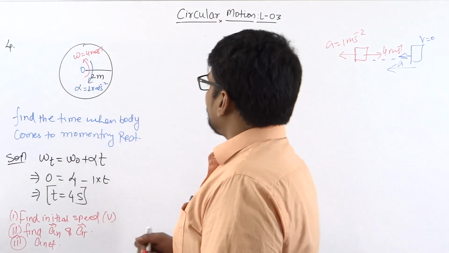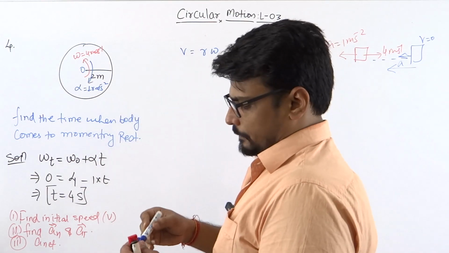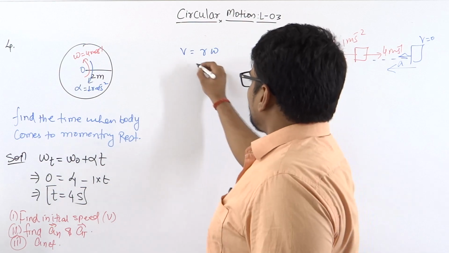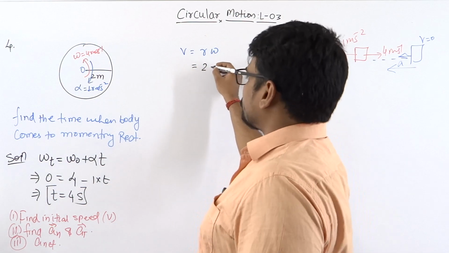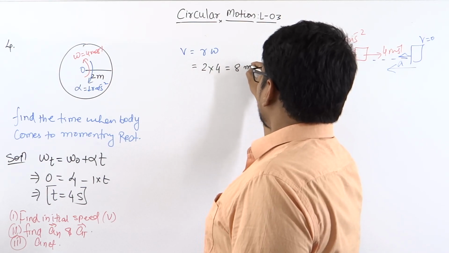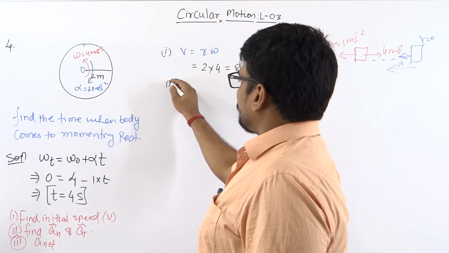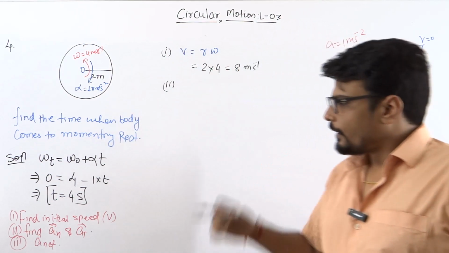चलिए, तो इनिशियल स्पीड कितना हो जाएगा, अपने को पता है omega is given which is 4 radian per second, so we know that v is equal to r omega. So initially r is how much, 2, of course that's going to be same, omega is given as 4 initially, so 8 meter per second. Nicely and easily done, कोई भी मुश्किल वाली बात इसमें अपने को दिखी नहीं, है ना।